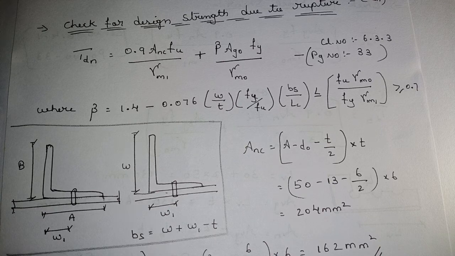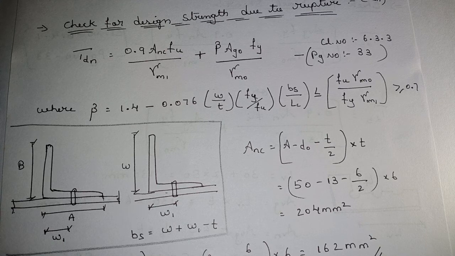So that is W is 30, right? W1 you will get it from the steel table only. Okay, CXX, that value you need to take it down, minus T. T is nothing but thickness. Okay, you will get BS. So we'll find out what is LC.